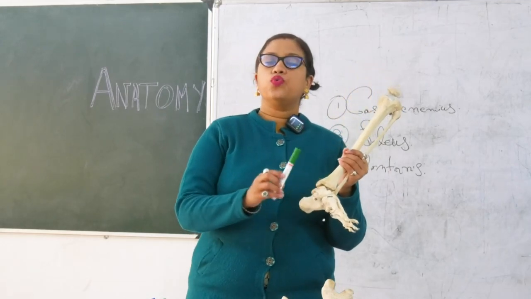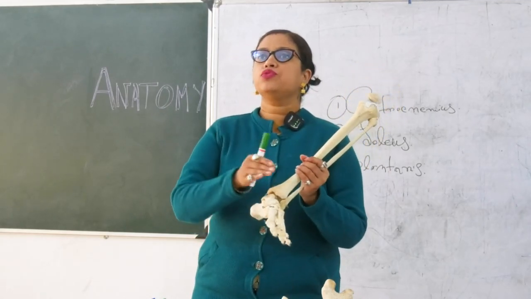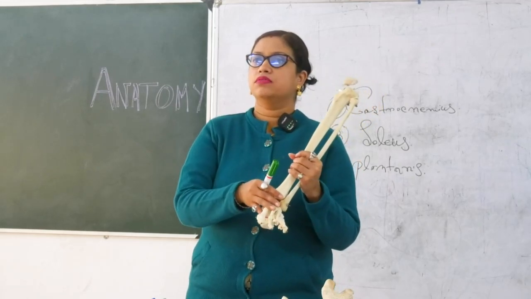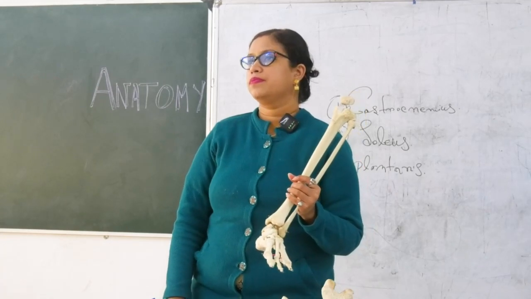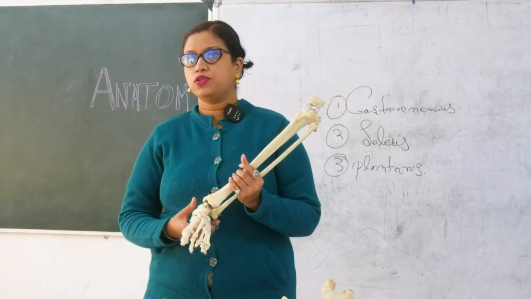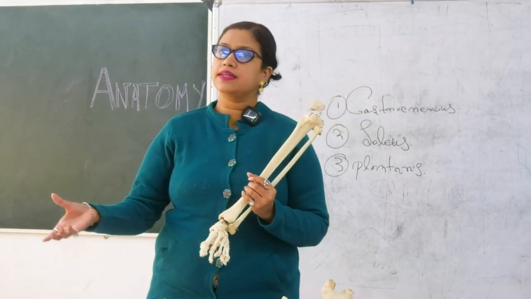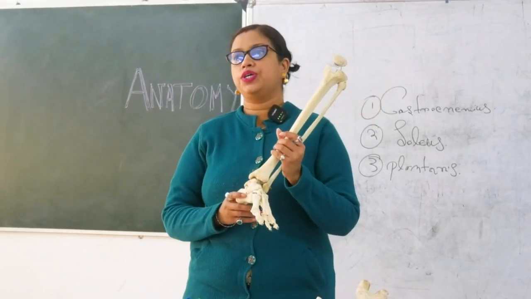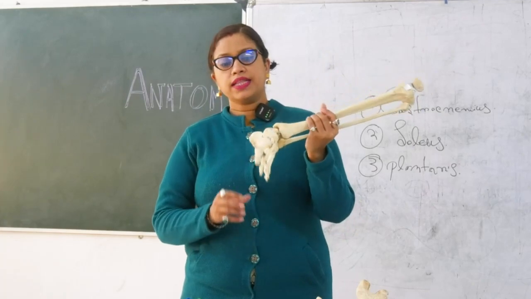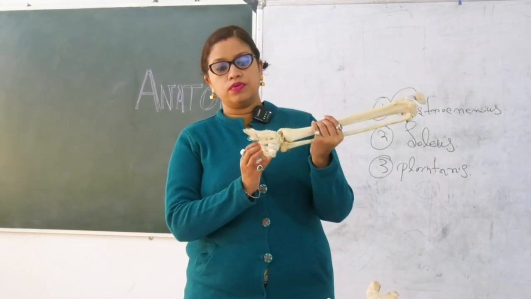Now you have to know which structures come to the foot from the leg. So how many tendons are there? Popliteus is not coming, so what other tendons are there in the deep group? These three tendons, one by one. Now you have to know the relation. For knowing the relation, which thing do you have to know? What is this?